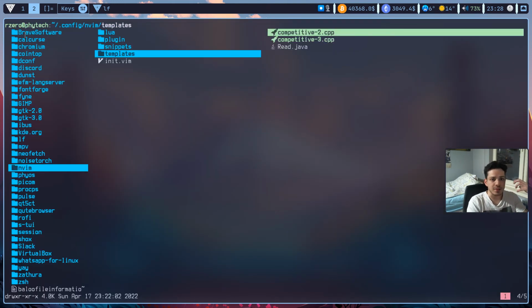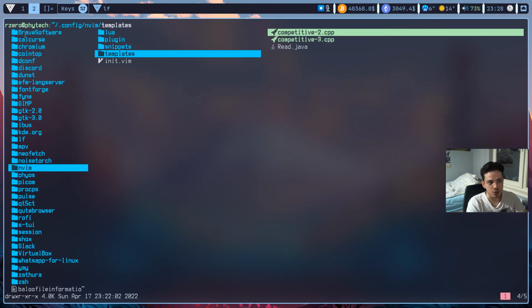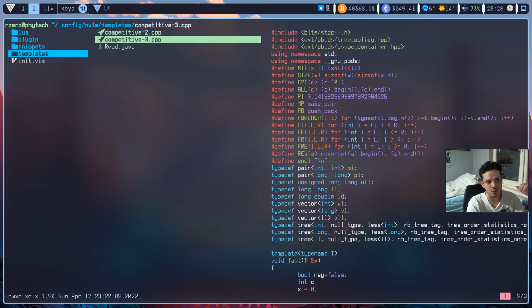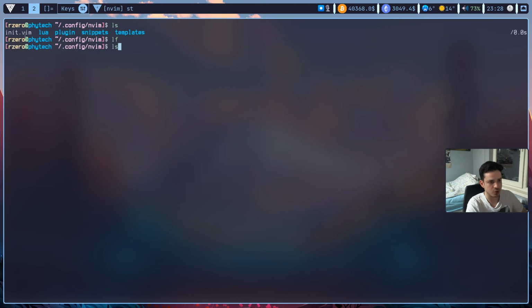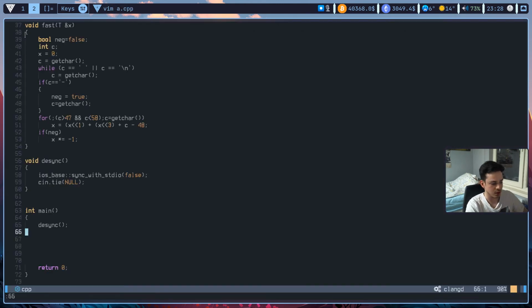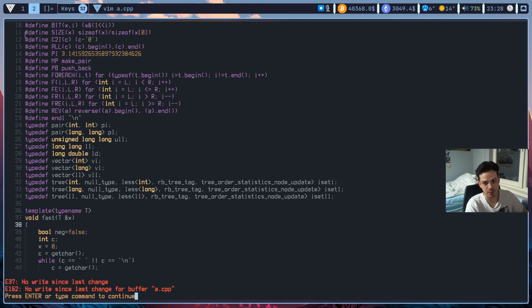In templates, here are my competitive programming macros as well as Java programming macros. I've just put all of these in here. So how do these work? If I open a C++ file and hit Shift and 1, it will automatically clone whatever is written there